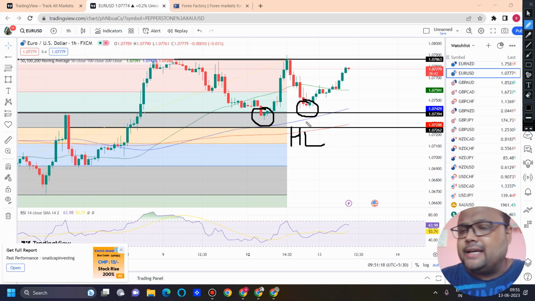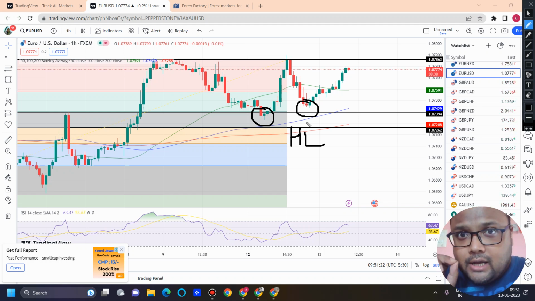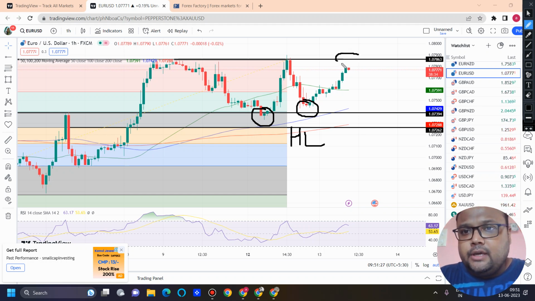So there's a high chance that Euro USD will be breaking this level. Before CPI, if you see euro dollar around this area, observe the market and see how the market is doing. If the market breaks the level here, observe the size of the candle. If the size of the candle is good enough, then you can enter